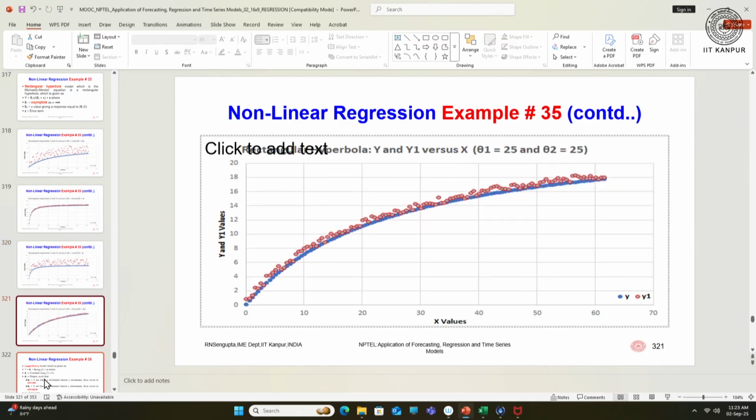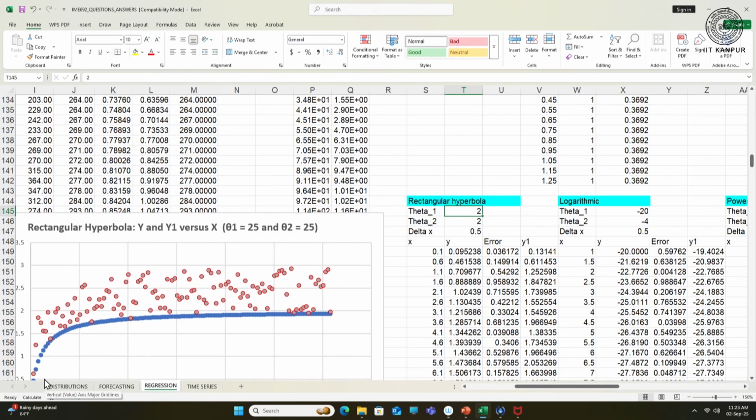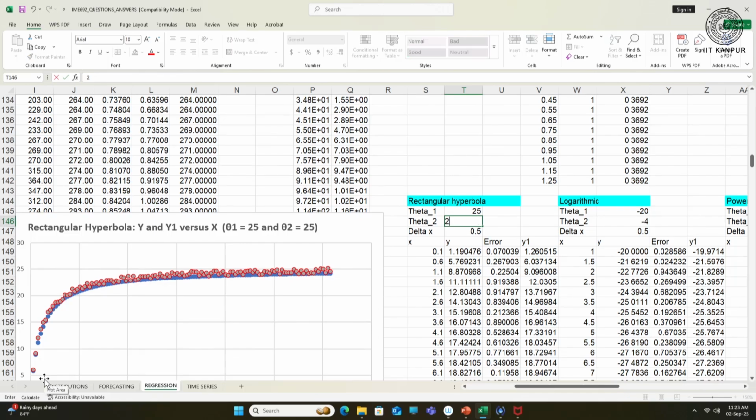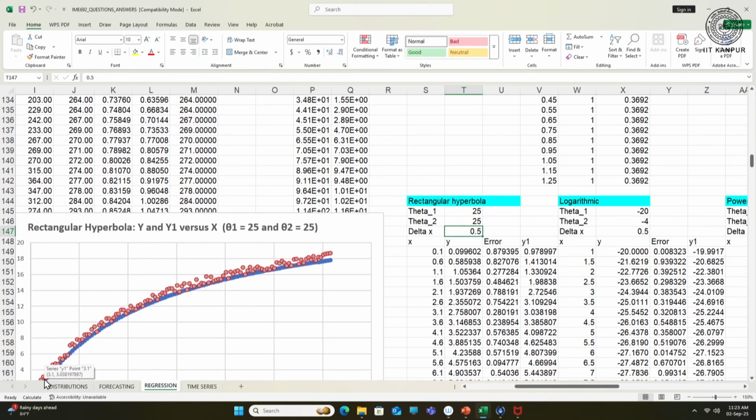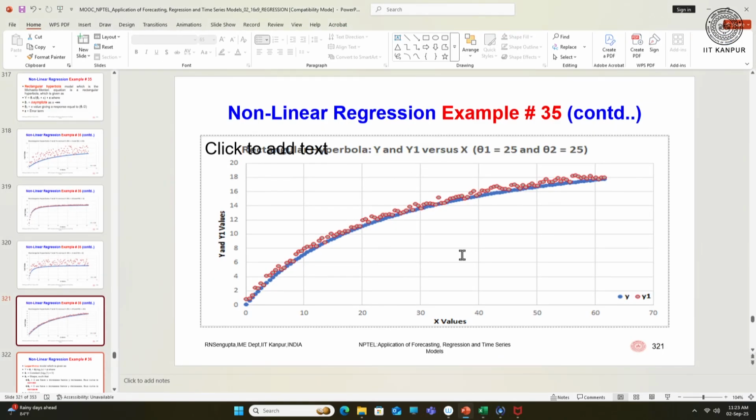Now, when we come to the other example, the fourth simulation, I am considering both theta 1 as 25 and theta 2 as 25 also. So, let us make theta 1 as 25, theta 2 as 25. You get the curve which you see here, which is exactly replicated here. Now, the interesting part is